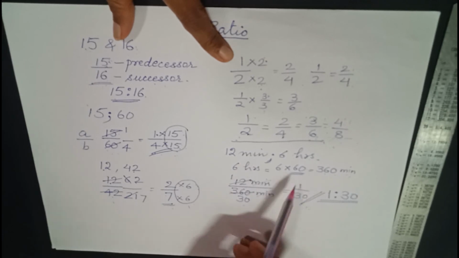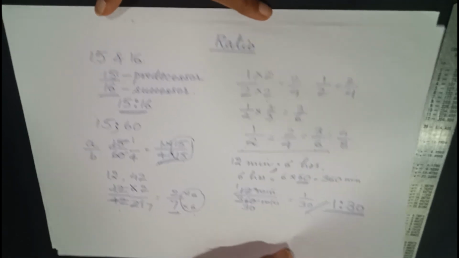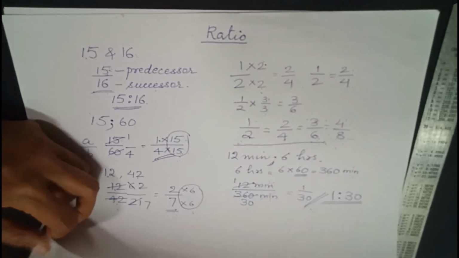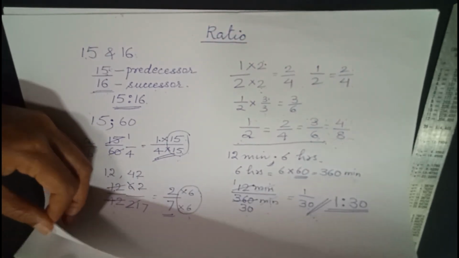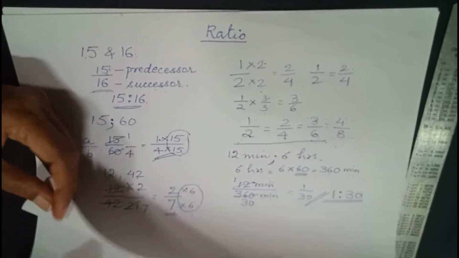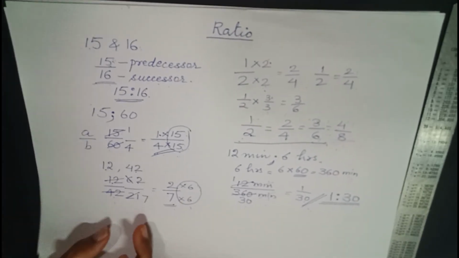So every time you multiply, all these ratios will be equal in value. Next, we saw how to change the bigger unit into a smaller unit so that all the numbers are in the same unit, and then we can easily find the ratio. We should not find the ratio if the units are different. We cannot find a ratio for two numbers having different units. So that was the second topic that we did today.